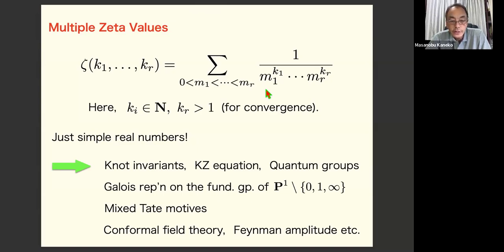And even in physics, the Feynman amplitude is a real number associated to the so-called Feynman diagram, which describes the interaction of elementary particles. So this Feynman amplitude has a real connection to the real world, the mystery of the universe. So MZV is,